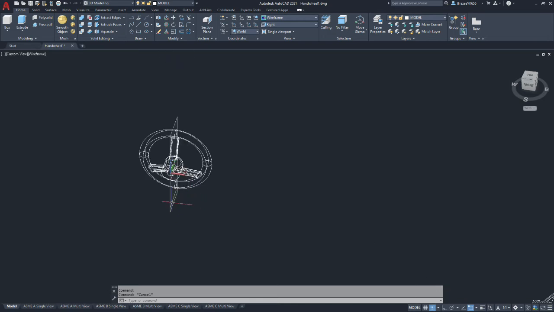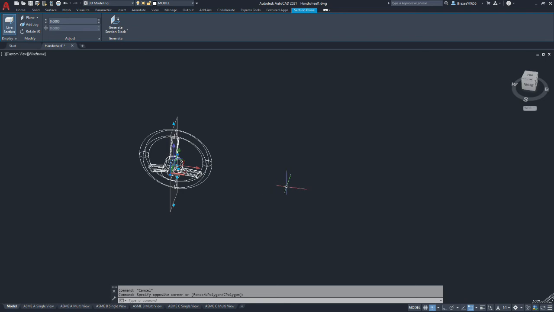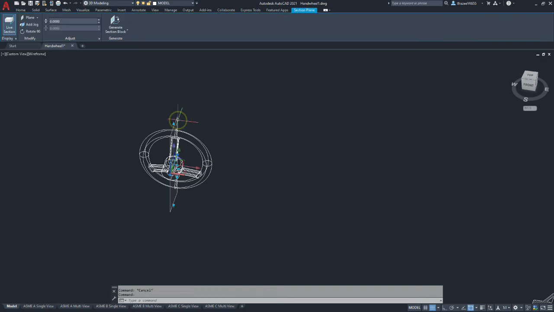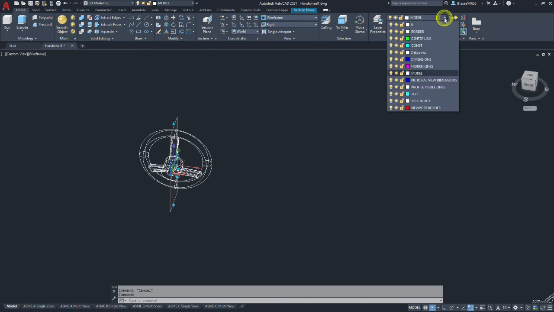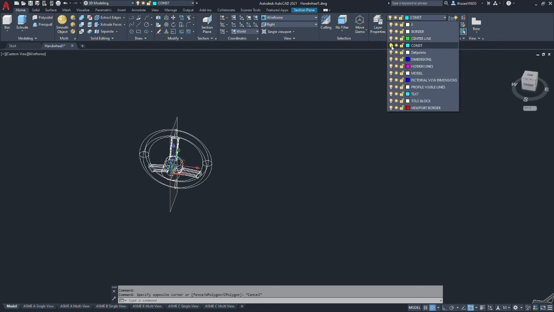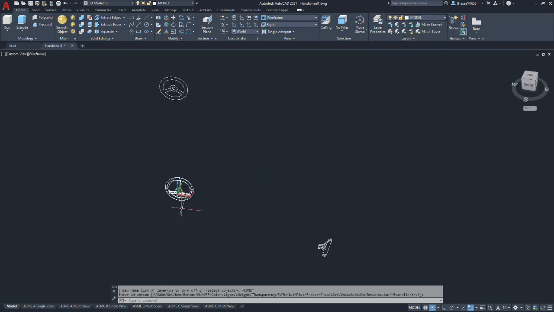And then this cutting plane line, I'm going to throw that on another layer. It's currently in the model layer. But when we go to show our pictorial view of this, it'll show up in there. So let's select it, go home, and I'm going to put that on my construction layer. And that'll give us the option to make that invisible. So we'll go ahead and do that.